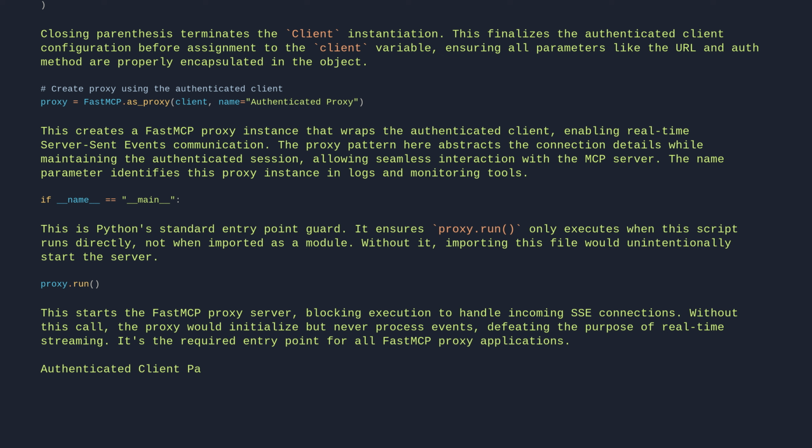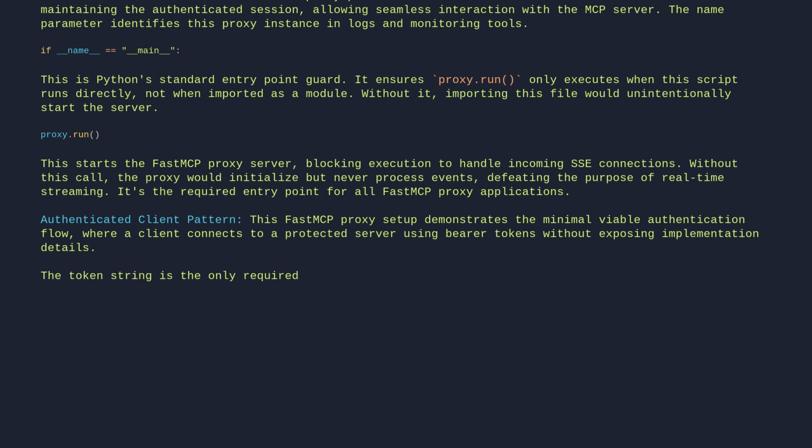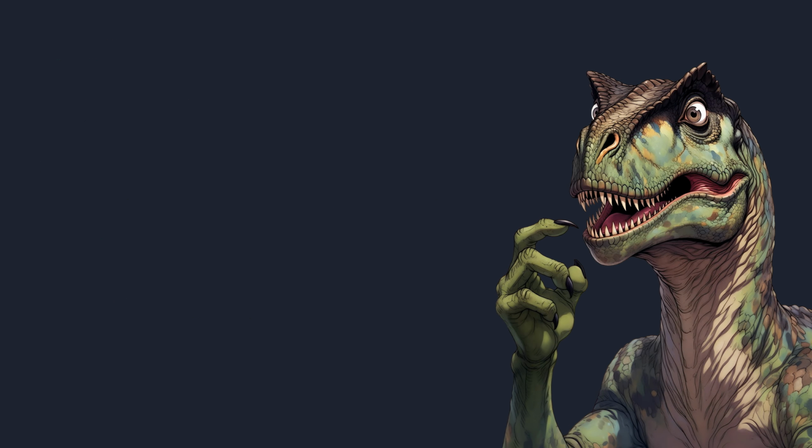Authenticated client pattern. This FastMCP proxy setup demonstrates the minimal viable authentication flow, where a client connects to a protected server using bearer tokens without exposing implementation details. The token string is the only required configuration, but token expiration handling must be implemented separately for production use. This pattern maintains security while keeping client code remarkably simple. The client that knows nothing about